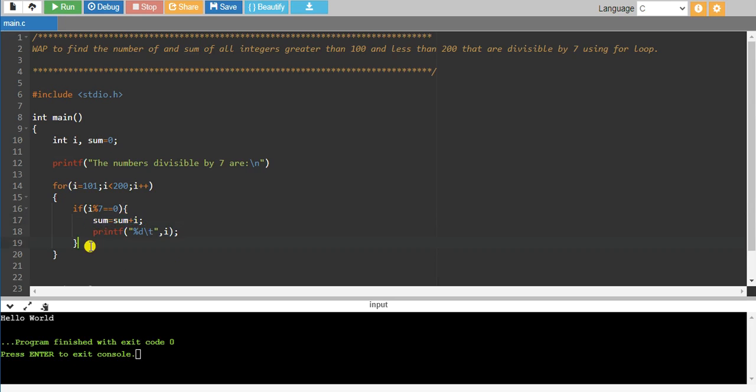This is our logic, and after this we have to print the sum of all integers greater than 100 and less than 200.